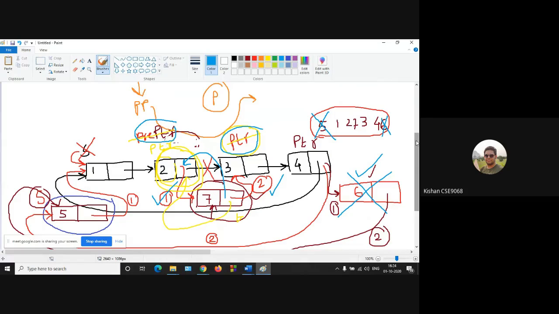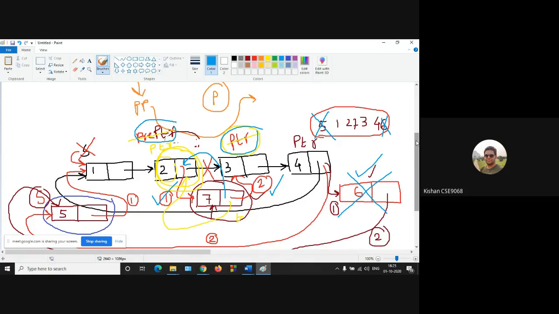Sir, we will need 2 pointers, PTR and pre-PTR. Like we did previously, we will go till PTR points to 6 and pre-PTR points to the one before that. And then we will point PTR dot next equal to pre-PTR dot next.